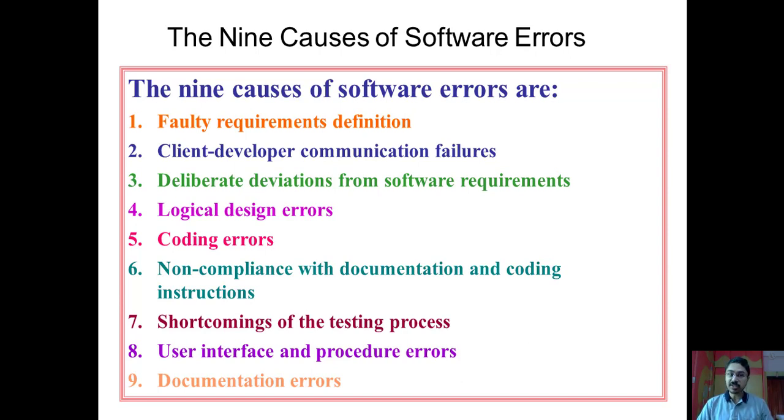One of the first and a major reason because of which errors occur in the software is faulty requirements, or the definition written in the requirement is wrong. This is like a communication. You know the requirement gathering phase of the software development lifecycle, in which we gather the requirements. If there is any misunderstanding or miscommunication between the developer and the software customer, then there might be chances that requirements are not understood properly and errors will be introduced in the requirement phase itself.